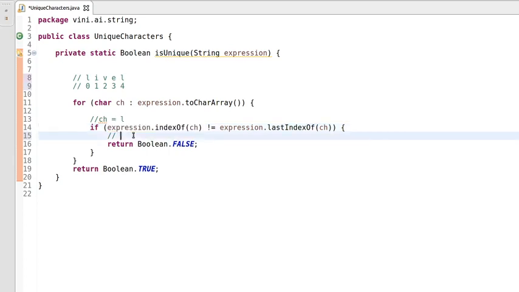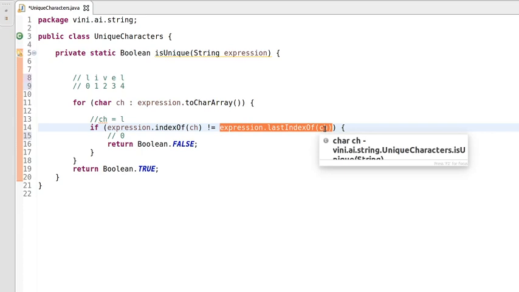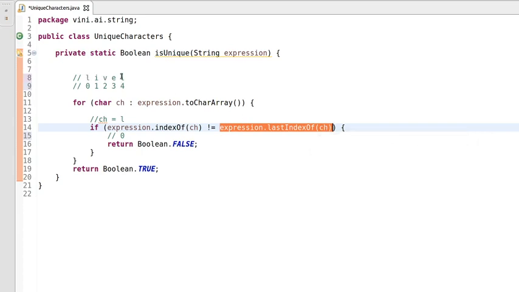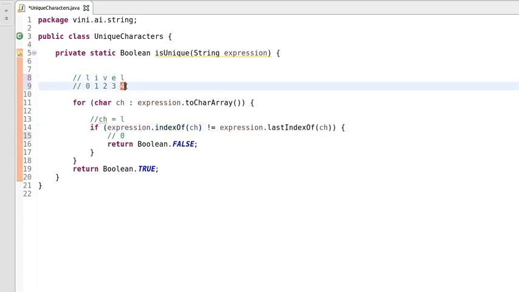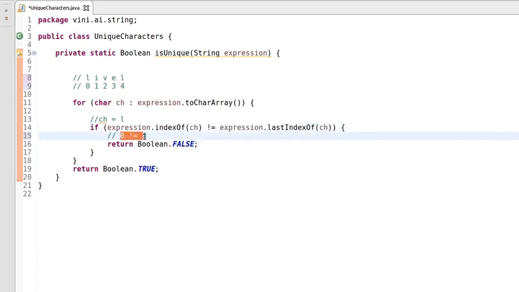So this line is returning 0, and again we are asking the expression to give the last index of ch, meaning the last index of L. The last index of L is 4, so it will return 4. Now the whole condition is whether 0 is not equal to 4.